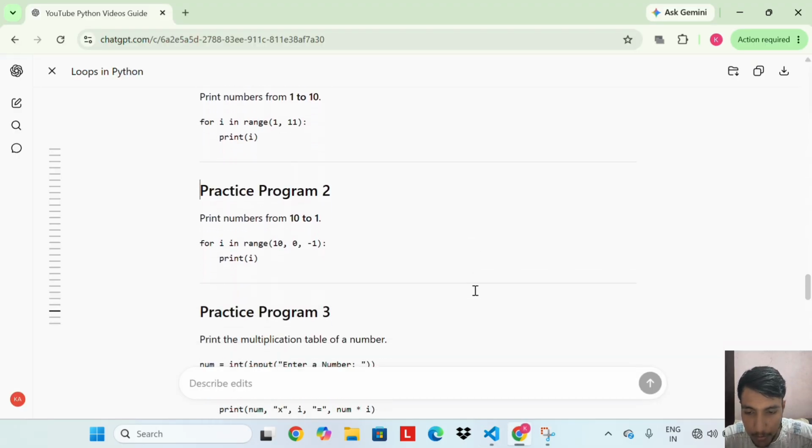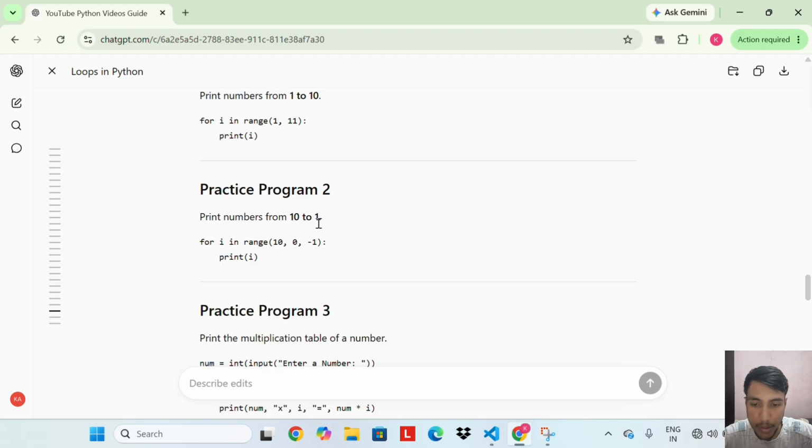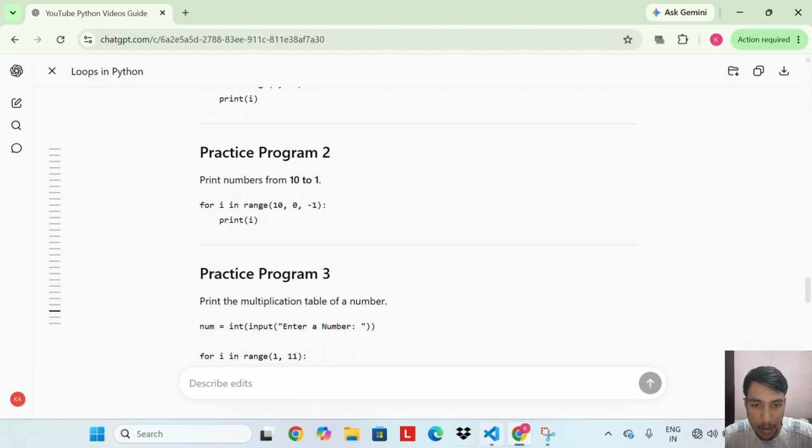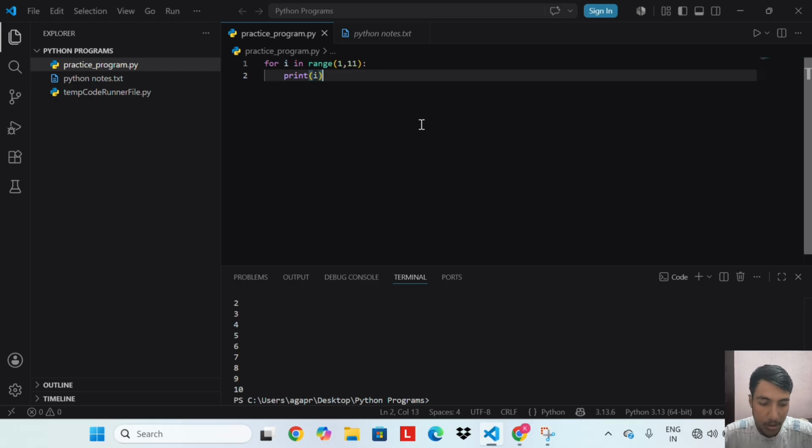Practice program 2. Print numbers from 10 to 1. Let's run this code.